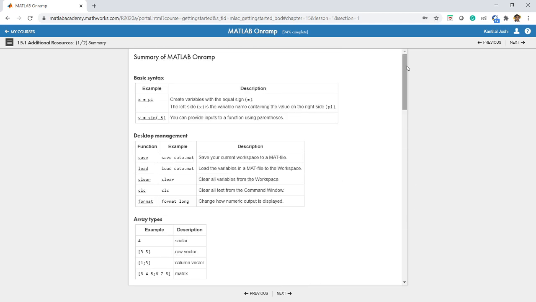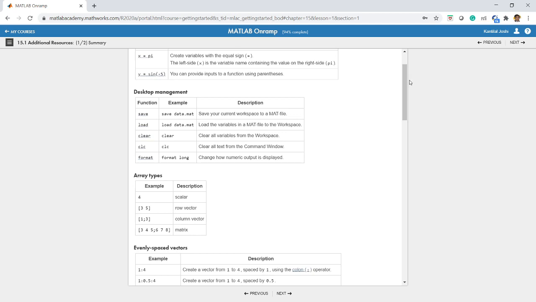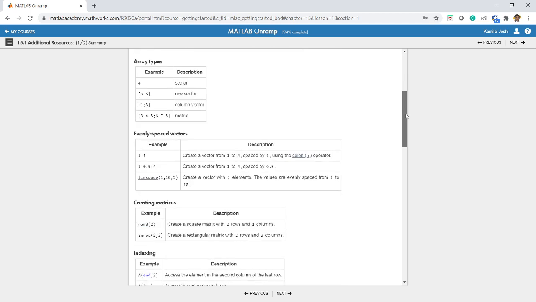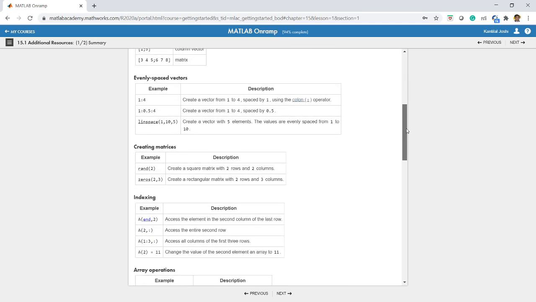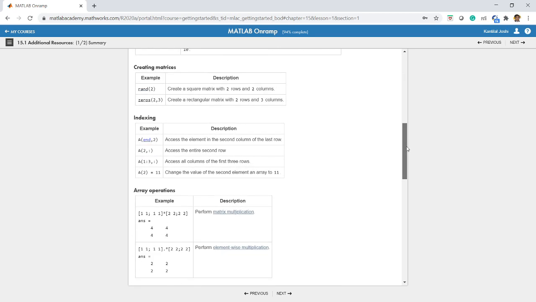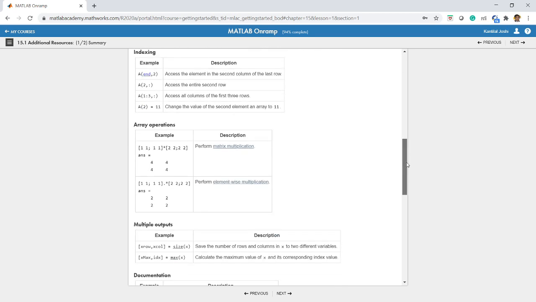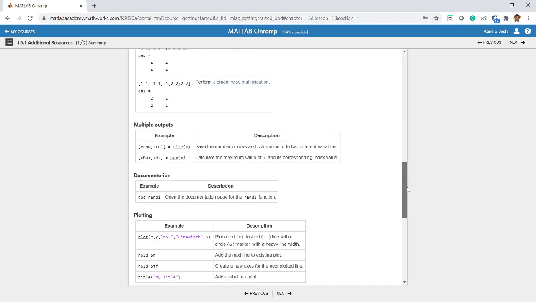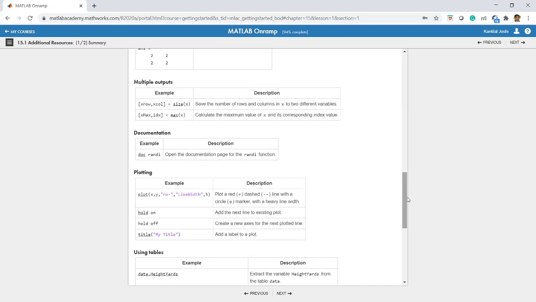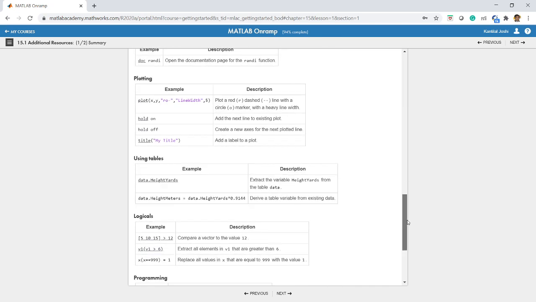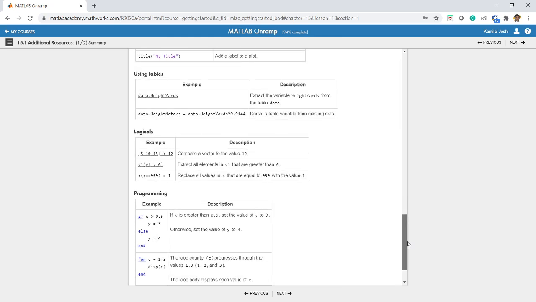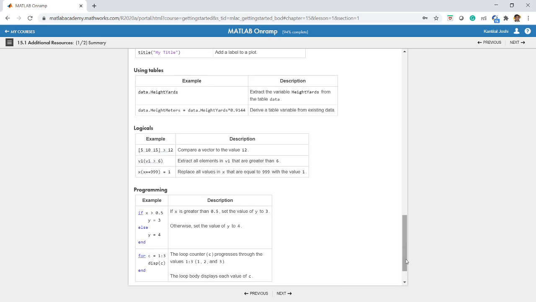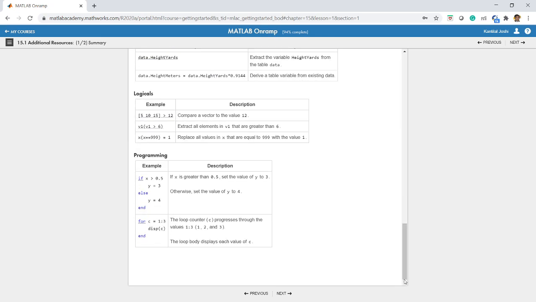We got the basic syntax, basic desktop management, array types, how to evenly space the vectors, how to create matrices, indexing, array operations, how to handle multiple outputs, how to access the documentation, plotting, using tables, logical operators, and basic programming. All these things we have covered. If you go through the earlier videos, you will get the idea about everything.